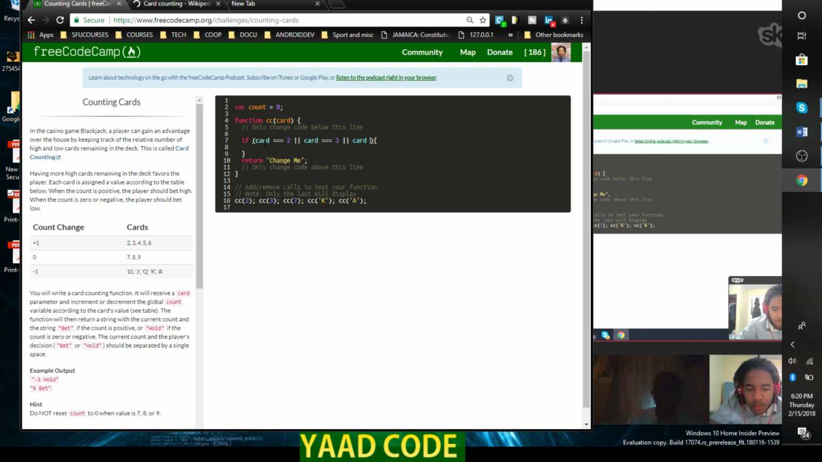Count 0 and negative. If the count is 0 or negative, the current count is clear. Start the count as 0. Say I receive a card, CC. Then we realize,